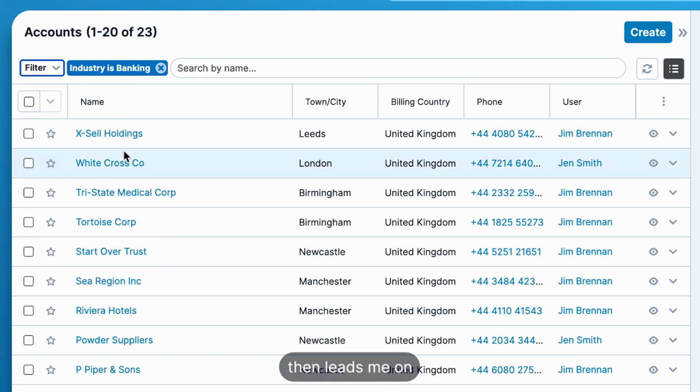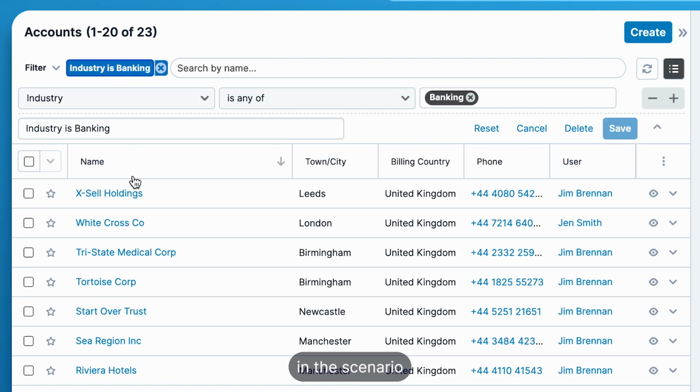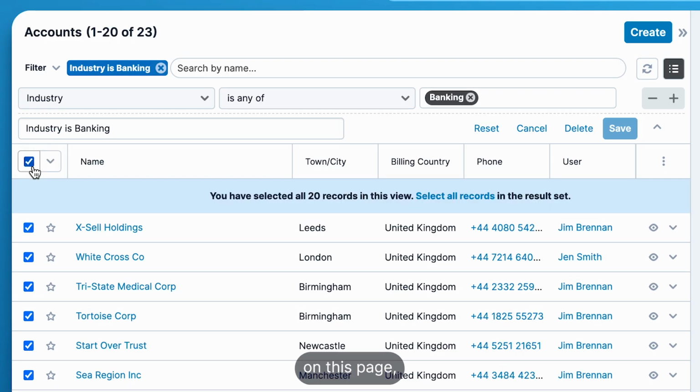So this then leads me on to mass update. So in the scenario that I'm going to present, I would like to update the industries. So the person that looks after the banking industry, they have moved on, so we need to assign them to a new user. So what I'm going to do here is select all records on this page, but I know